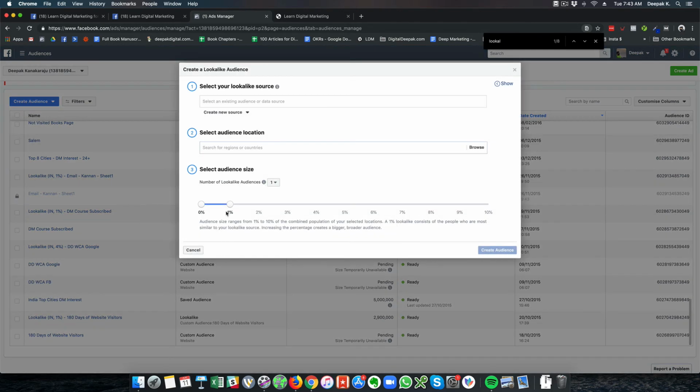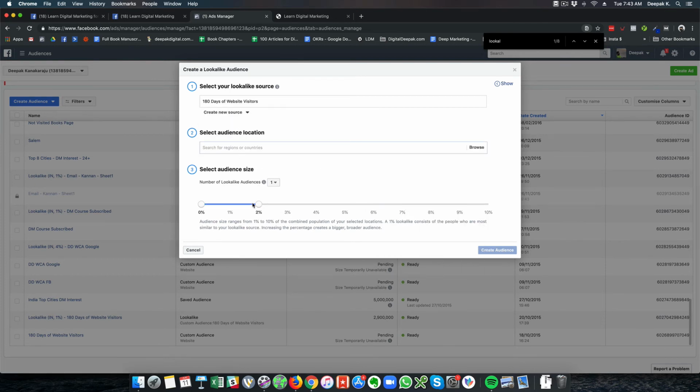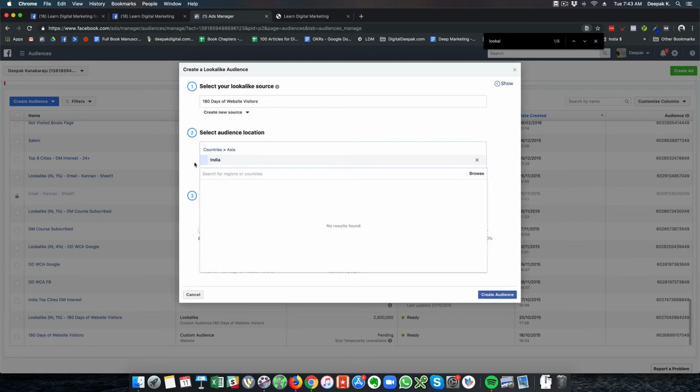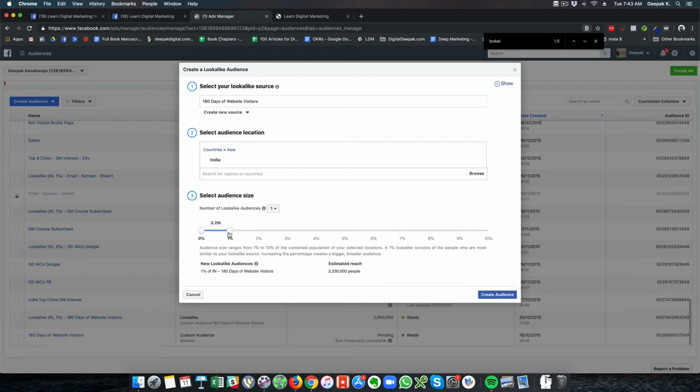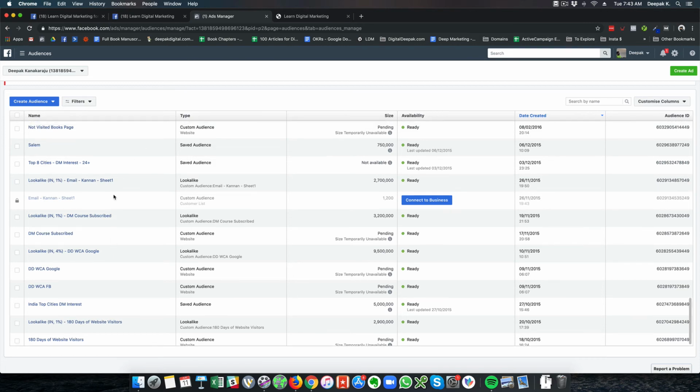So the percentage here is basically 1% means that it is very targeted. If it is 2%, then it is less targeted. So if you look at the size of the audience, and if I put the location here, 1% is 3.2 million and 2% is 6.5 million. So the larger percentage that you go, all the way up to 10%, the larger is the targeting. Once you start running the ads and once the frequency of the ads goes up, once ad fatigue starts setting in, you can expand the audience as well.